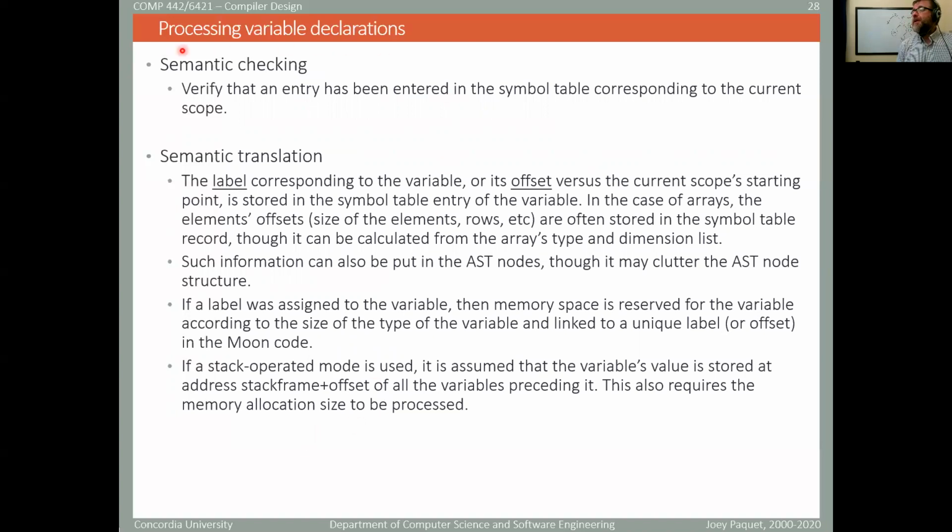Okay, so here we're going to concentrate more on how you process variable declarations. For semantic checking, if you encounter a variable declaration, you verify, you make sure that this variable has been properly entered into the symbol table. And then for the translation, if you're using the label execution mode, then you have to generate a label for